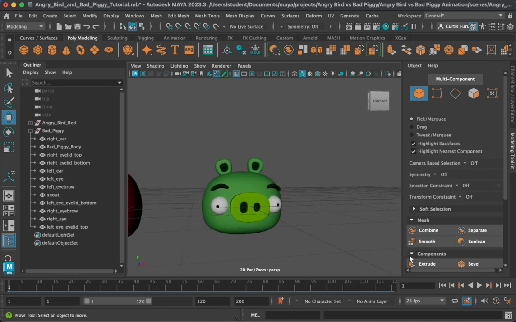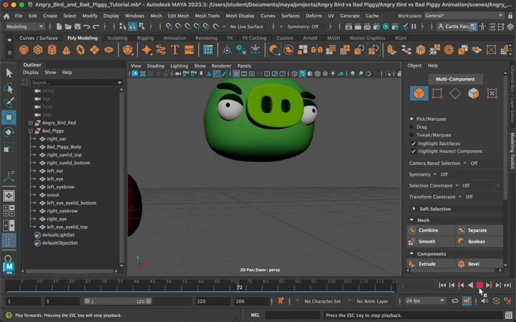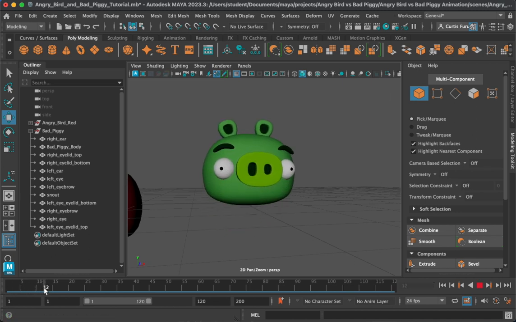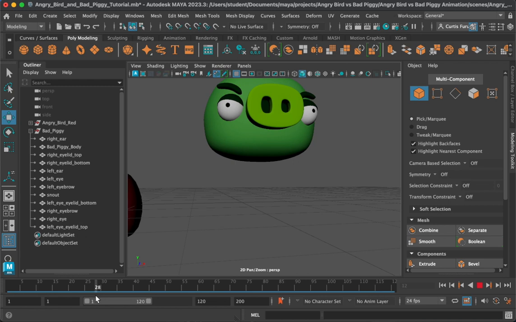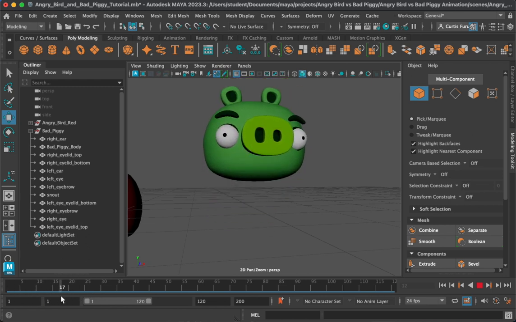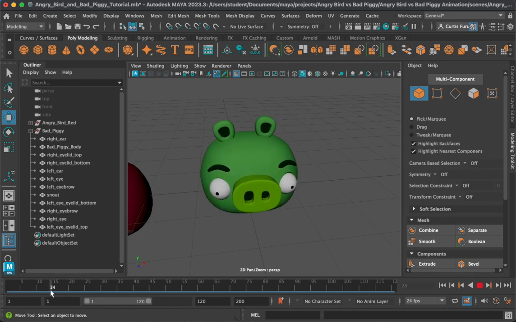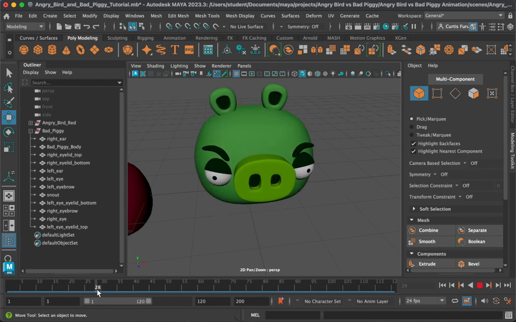So here's our character, we can play it. You see him kind of go up, and he will jump. As he's jumping, then he's gonna get angry as well. So he's jumping and getting angry. So you can probably see a better angle right here, like, rah. All right. So anyway,